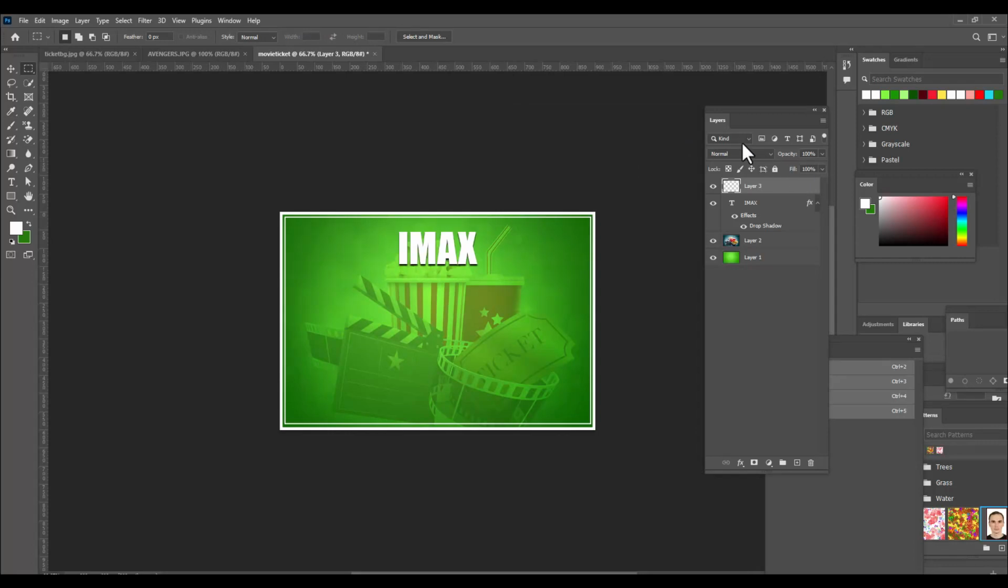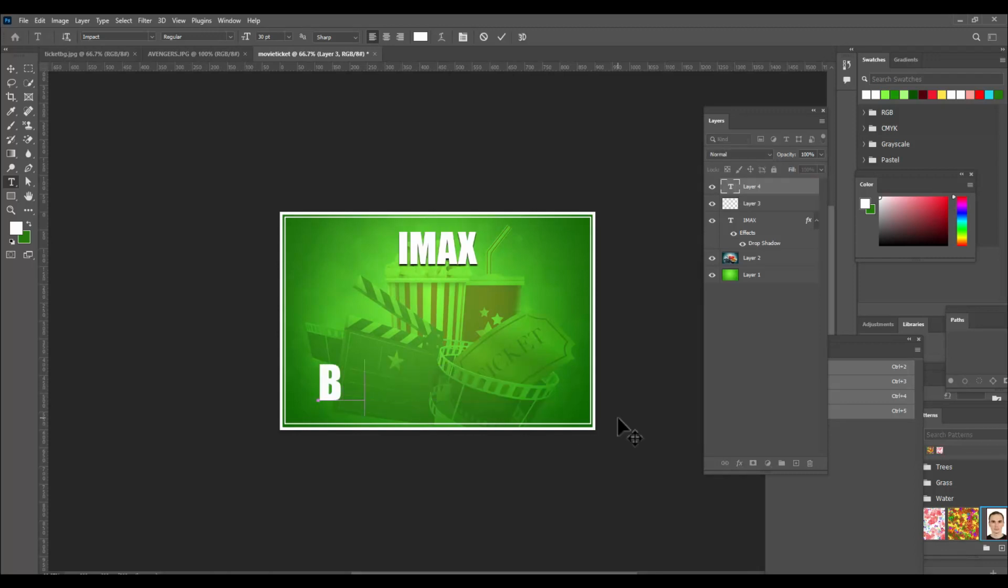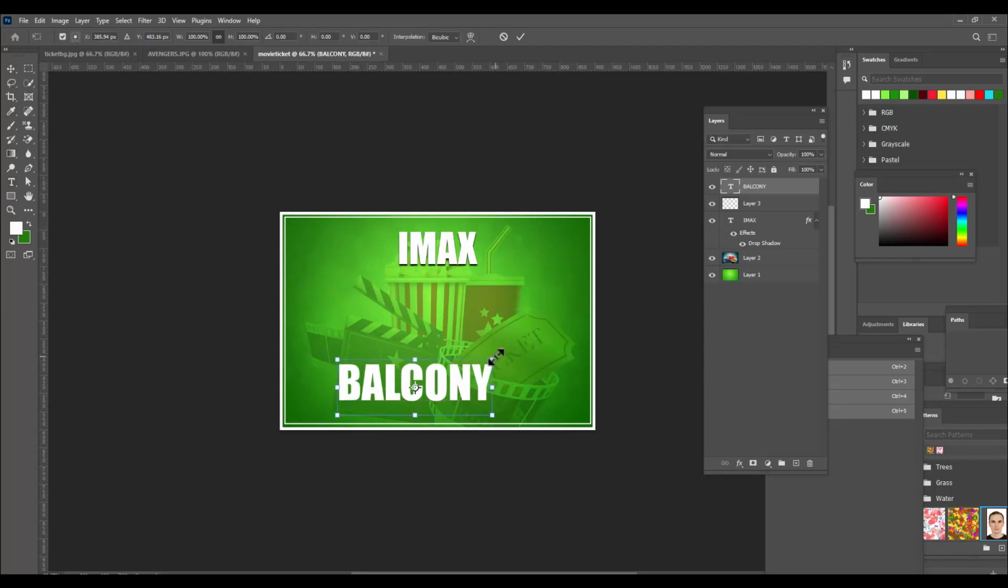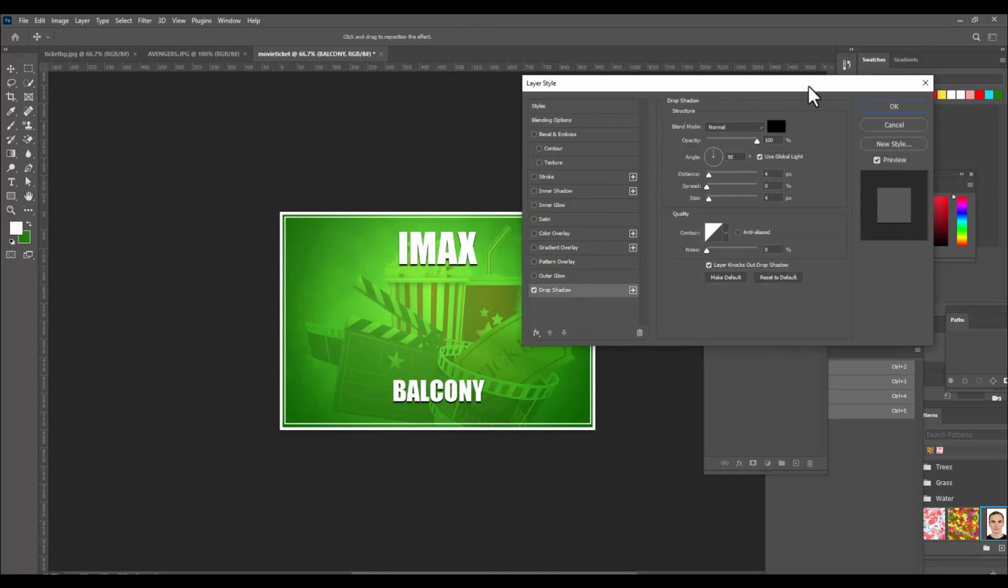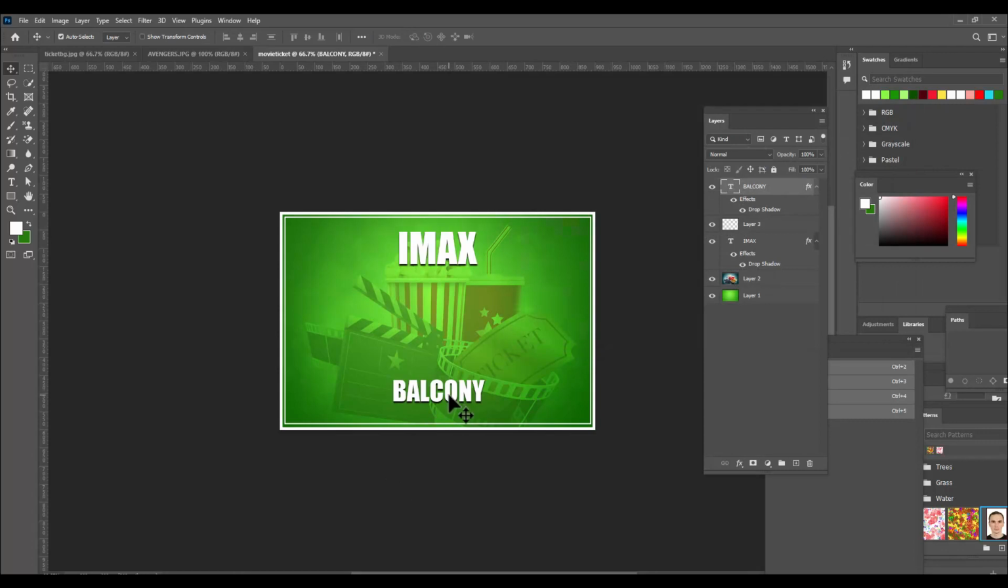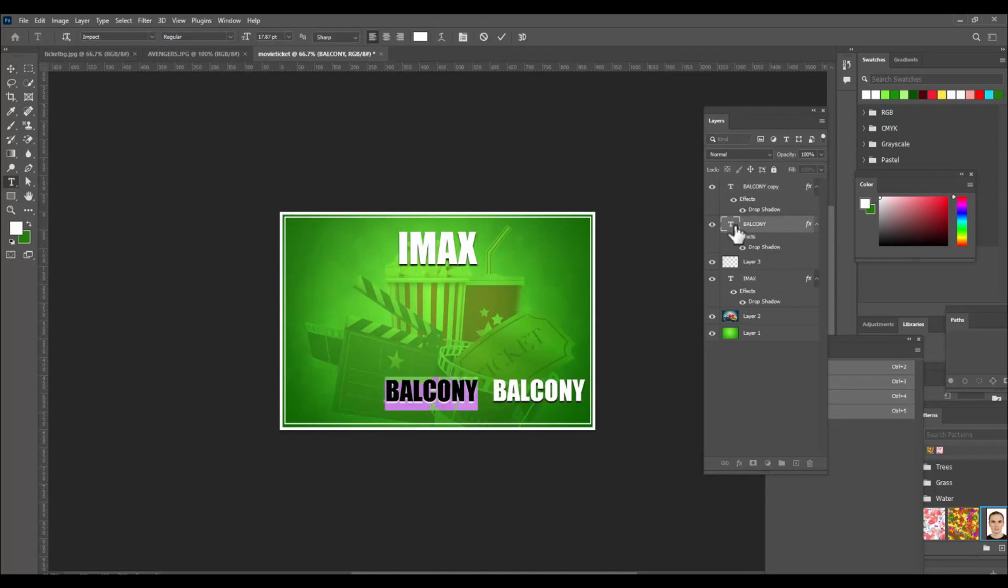Right. Then the next thing is we will now put some text at the bottom. So we will just put balcony. We will just scale it down. We can also give it a small amount of drop shadow, and we will take one more duplicate of this. We'll keep the duplicate to the right, and we will rename this as